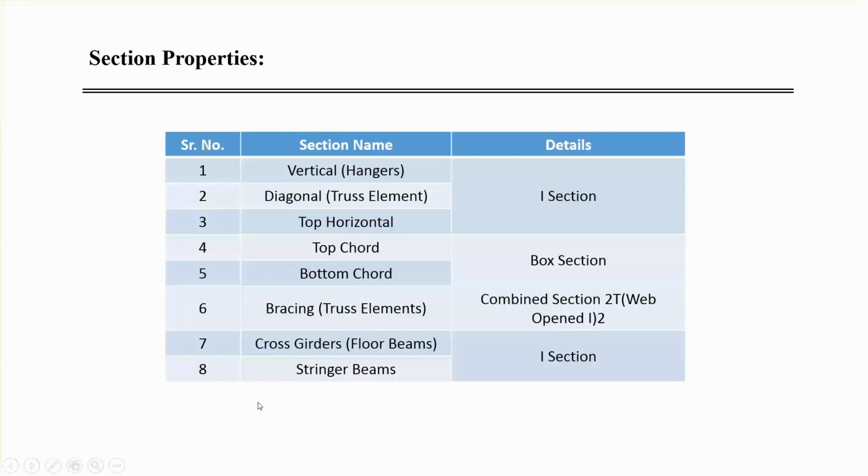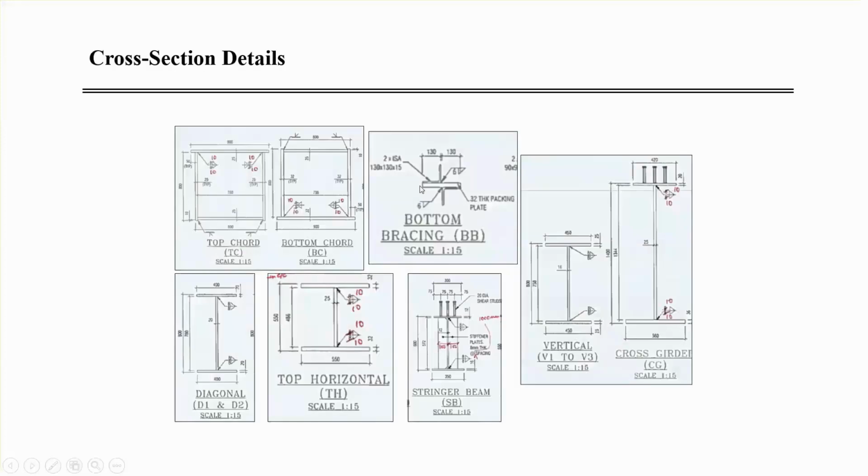So there are almost these three and the last two. There are five I sections, two box sections, and one which is bracing, which is a combined section, right? The bracing would be created as two T beams, as a combined section. If any section is not possible to create, you have to bring it into the program through the section property calculator using an AutoCAD DXF file. All right.